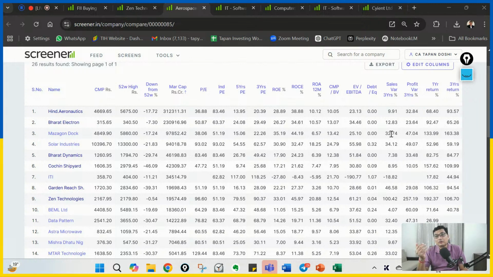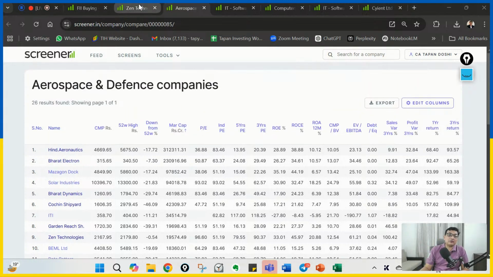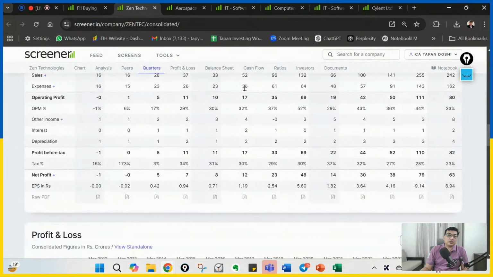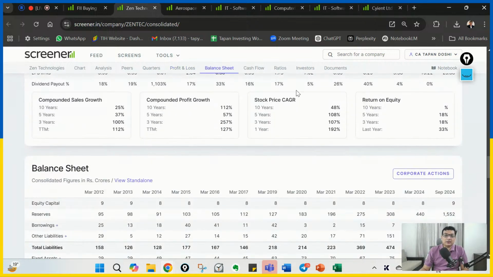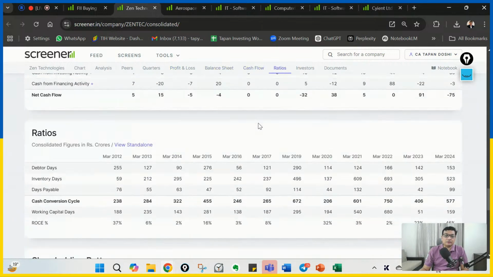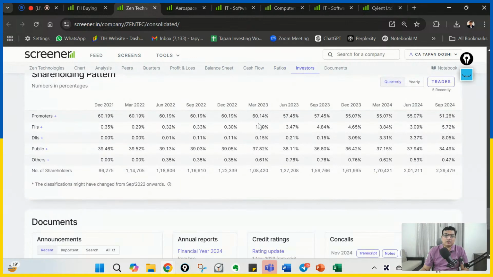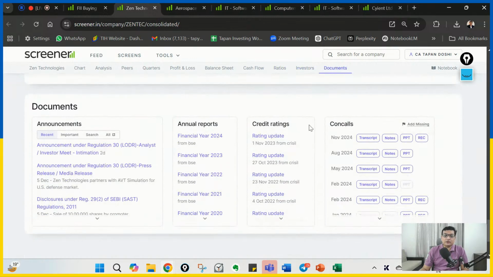forecasting. If you are not able to do forecasting, at least you should know where the company stands. So now this is Zen Technology, then you can go down, and of course PE and all that is almost covered through the ratios. When you go down, and this we already spoke about, you can see the promoter holding, and the main thing